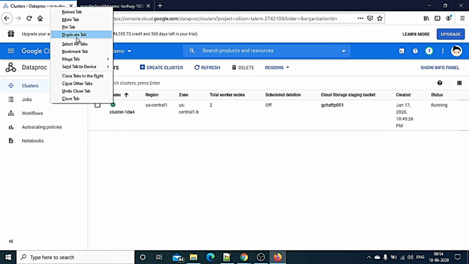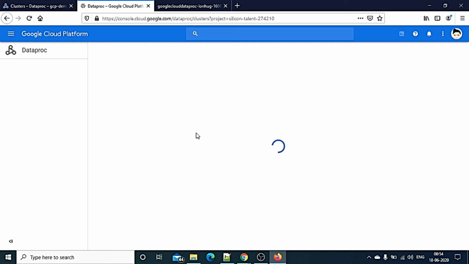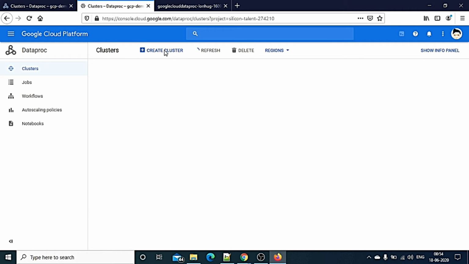Okay, let me open a tab and I'll show you how to create a cluster, and you can run your service. It's taking time while loading. Okay, you can see I'm clicking on create cluster.